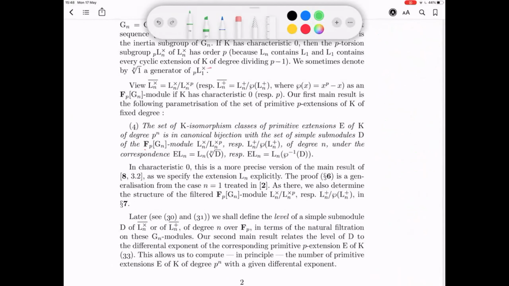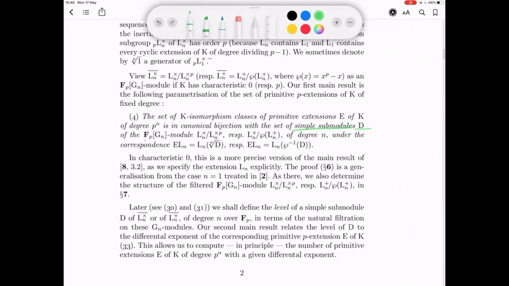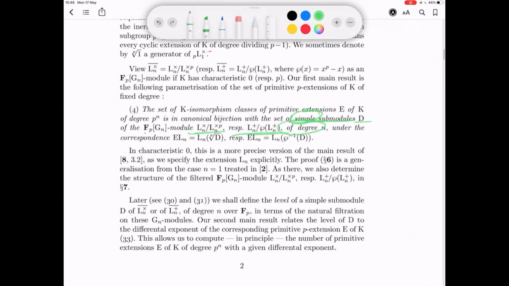So I'm looking at simple submodules D of these FpGn modules. Now I have explained what simple means, but the next requirement is that they should be of degree n. So what's the degree of a module? The degree of a module, as I said, an FpGn module